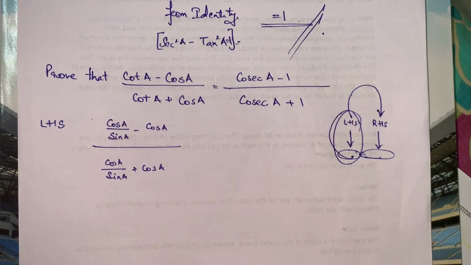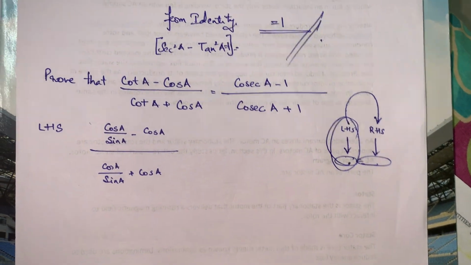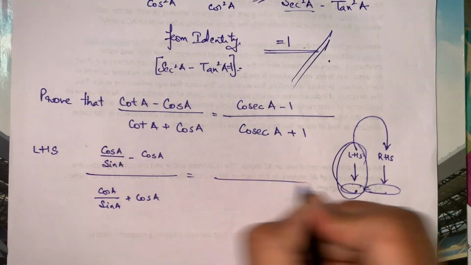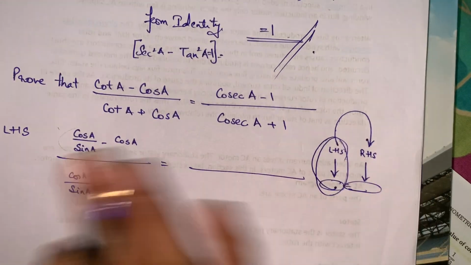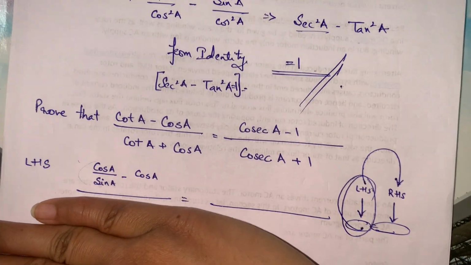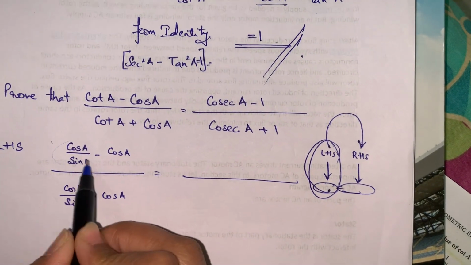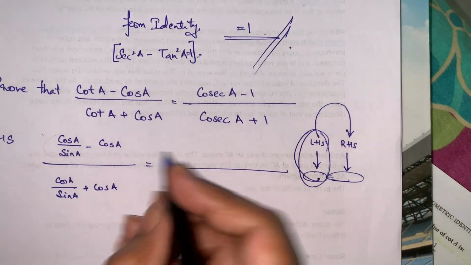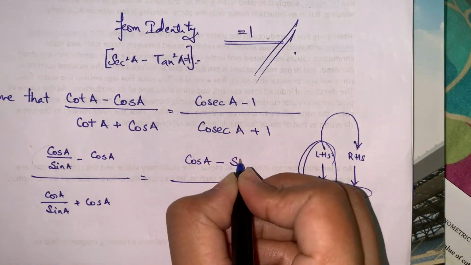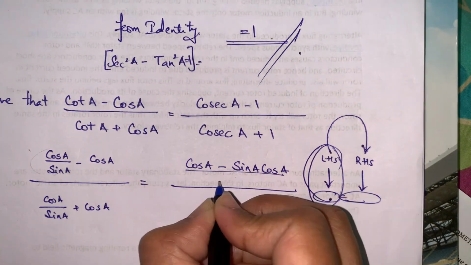Okay, then what I can do is I can take the LCM for this, isn't it? To simplify it, this part, if you just observe, hide this. Some students will feel scared, there's a fraction and all of this. Hide this and see, just observe, blur it out in your vision. It's just like a fraction that I have to simplify. So it becomes cos A minus, when this multiplies with this, it becomes sin A cos A whole divided by